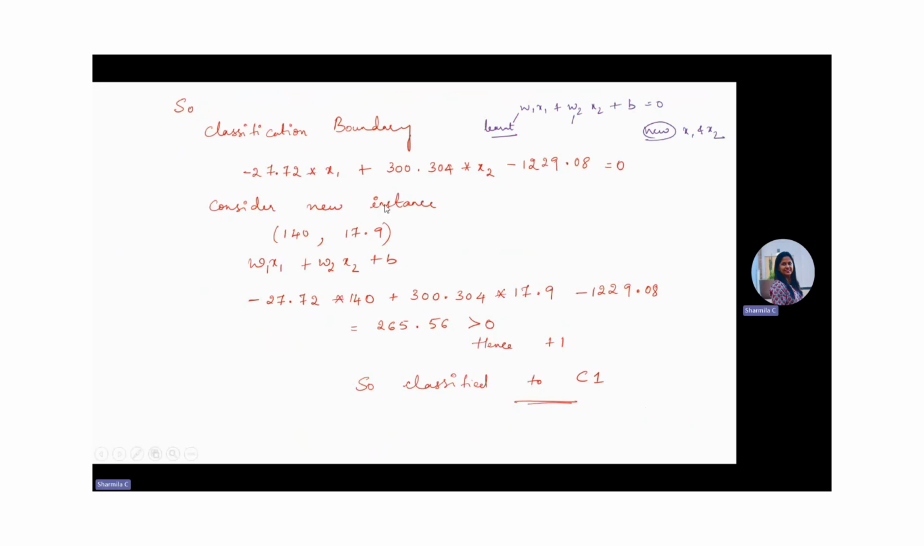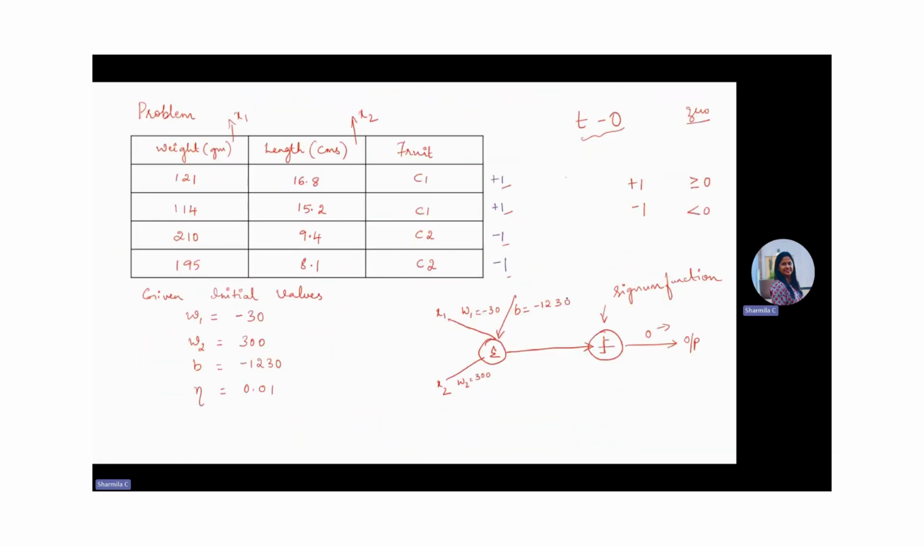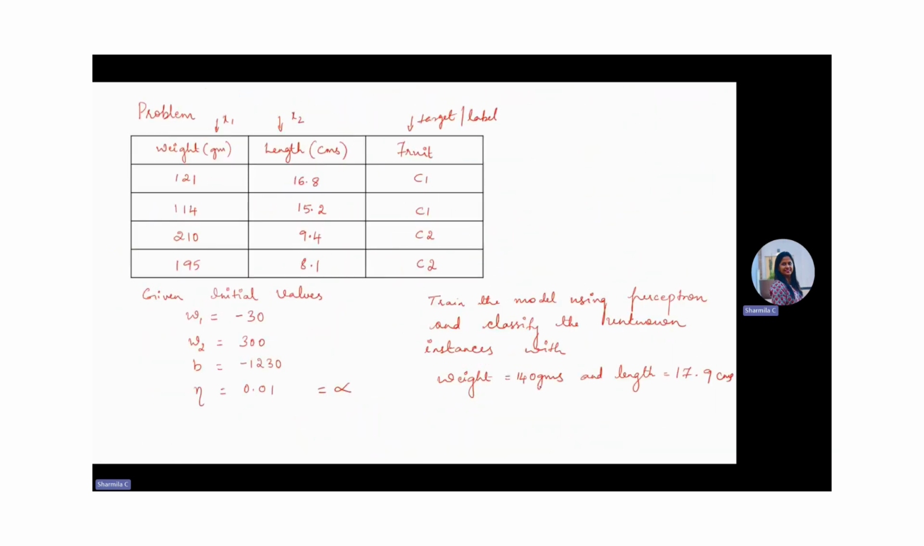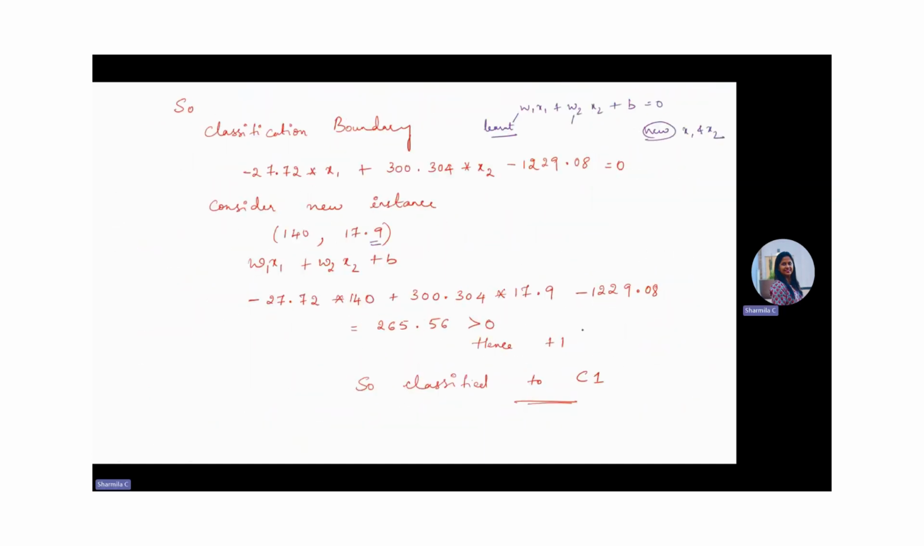Fine. So consider the new instance. Why are we considering this new instance? It is given in the question that when a new instance is given with weight 140 grams and length 17.9 centimeters, I need to predict whether it belongs to C1 or C2. Correct? So take the new values, 140 is your x1 value, and this is your x2 value. Substitute this in the boundary equation, that is your equation here. So it is -27.72 into x1 plus 300.304 into x2 minus